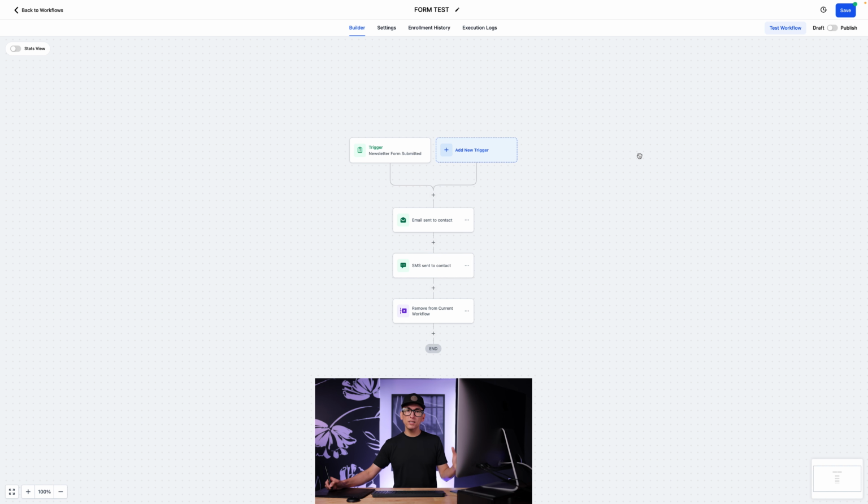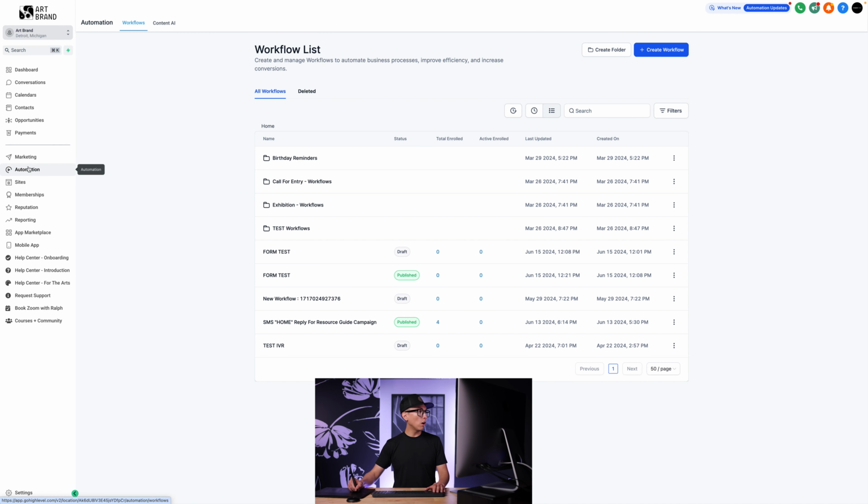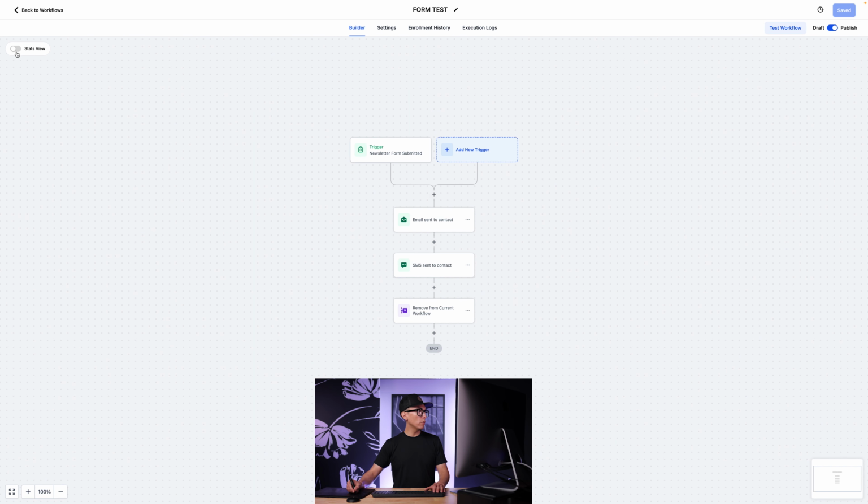Once I finish designing this test automation, at the very top, I'm going to toggle on to publish, and then I'm going to click save. And we have our very first automation built out and saved. So once people start filling out this form and entering into this workflow automation, you'll be able to come back to the automation by going to the automation tab and then finding your automation. So right here we have our form test,